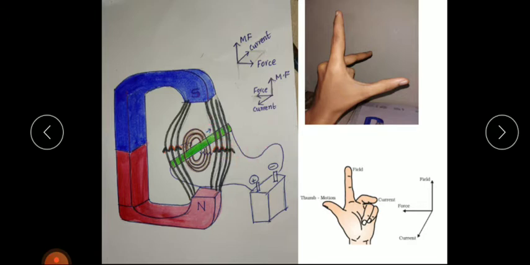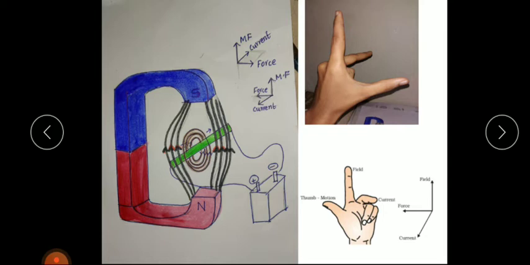And if we connect this end to the negative of the battery and this end to the positive end, what will happen? The current moves in this direction. When the current moves in this direction, the copper wire will experience an inward force. So how can we predict in which direction this copper wire moves? Yes, for that we can use the left hand rule.